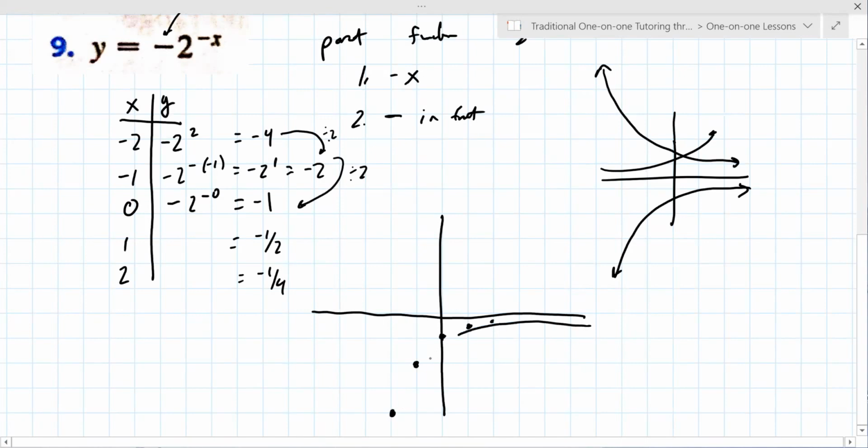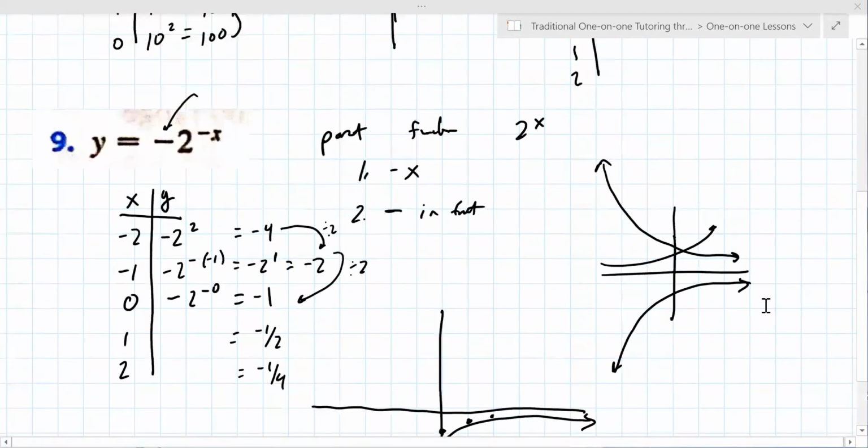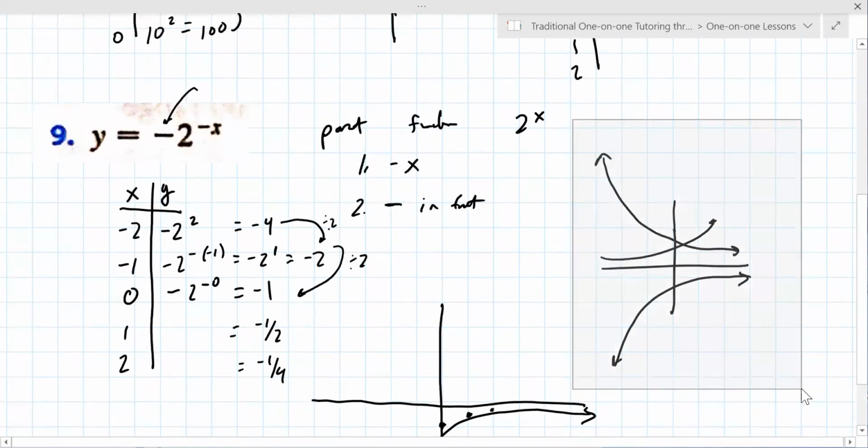You see again, I got this shape, which is the same as what I have over here. You won't have time to make a table, I guess is the point I'm trying to make, even though we've spent a couple of problems doing that. You're going to want to do it through transformations. So which negative sign makes it flip, not across the x-axis, but just flip from